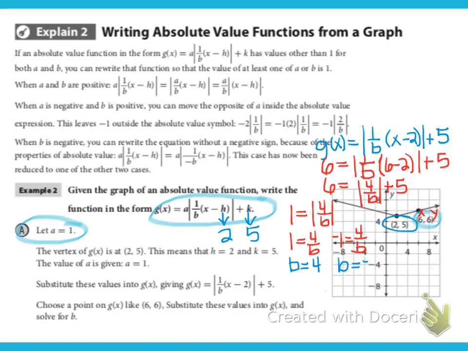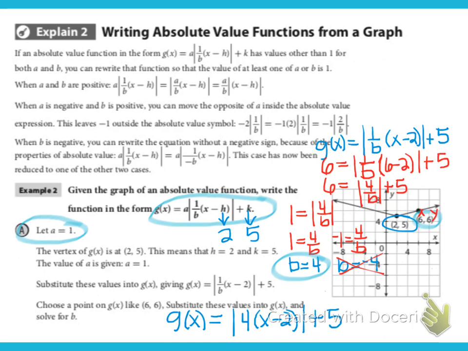Now the reason why I'm going to eliminate the possibility of it being a negative 4, I'm going to cross this one out, is because you can see this graph has not been reflected over the y-axis. And so we're going to go with b is equal to 4, and now we can write our official equation like this. So then we can write our equation as g of x is equal to absolute value of 4 times x minus 2